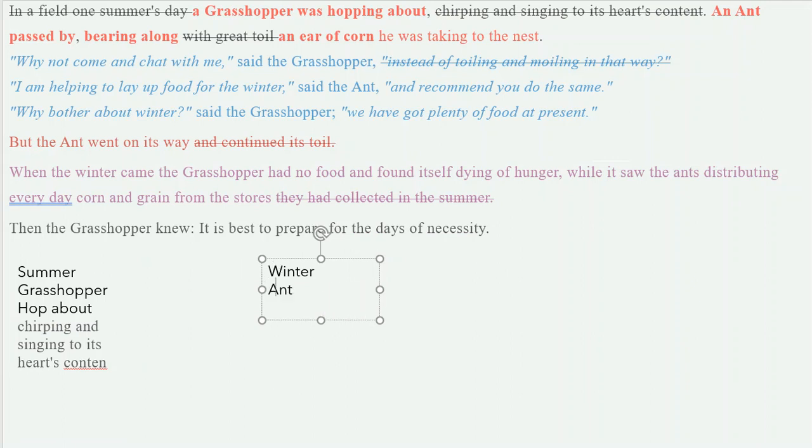If you are an ant, what do you do? You create supplies for winter, right? To put into your pantry. Pantry is where you hide your supplies. So if you're an ant,